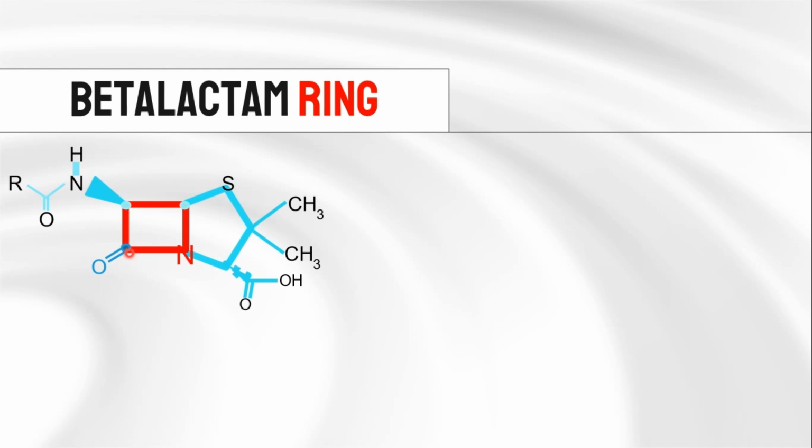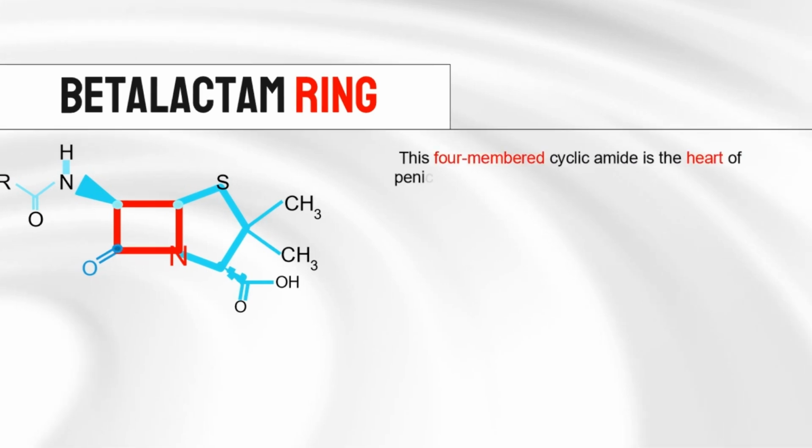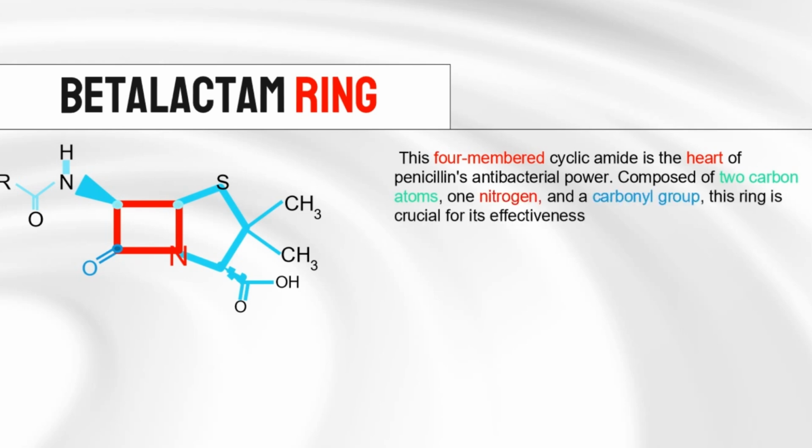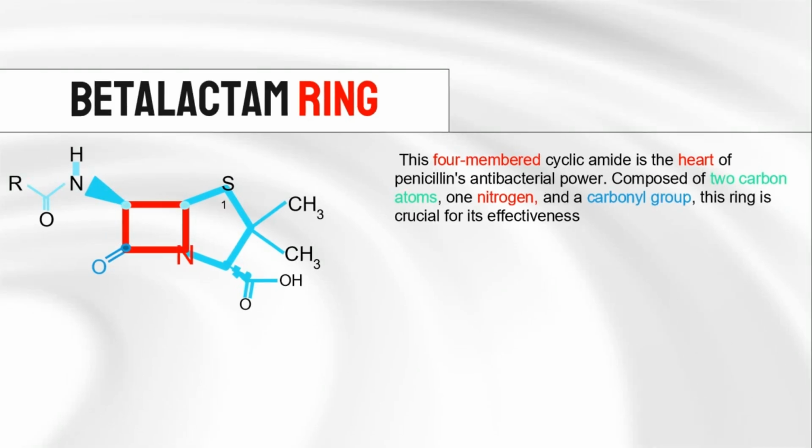At the heart of penicillin's efficacy lies the strained four-membered ring of the beta-lactam. This inherent angle strain amplifies its reactivity, enabling a crucial nucleophilic attack by penicillin-binding proteins. This strain is not just a structural quirk. It is essential for acylating penicillin-binding proteins, forming a covalent bond that irreversibly inhibits bacterial cell wall synthesis. The electrophilic carbonyl carbon, designated as C7, plays a pivotal role in this process. Its high electrophilicity, enhanced by the ring strain, drives the acylation step during penicillin-binding protein inhibition, making it a prime target for